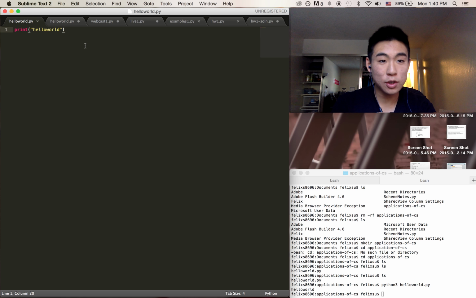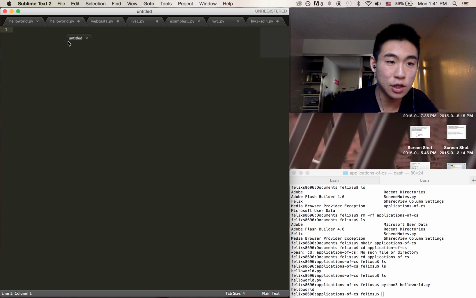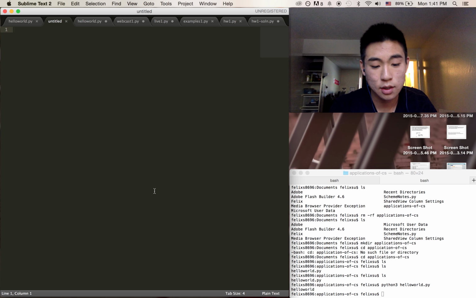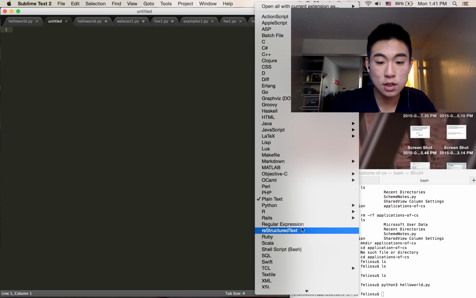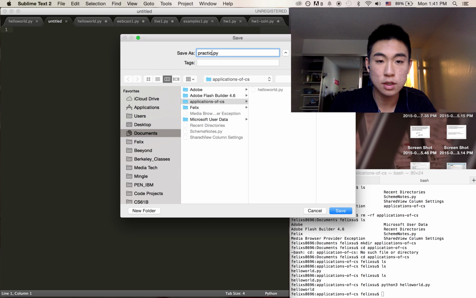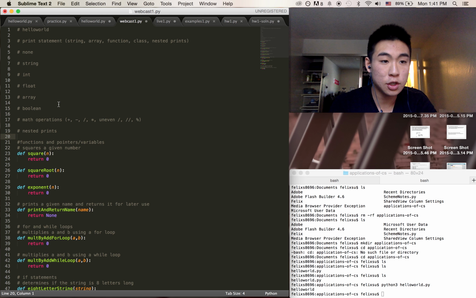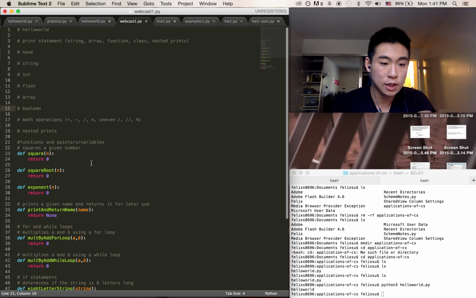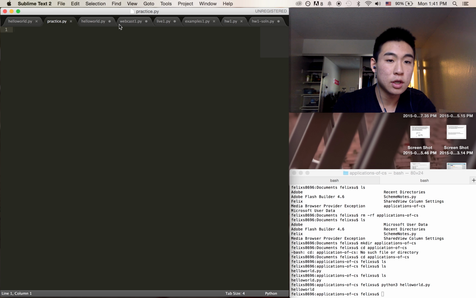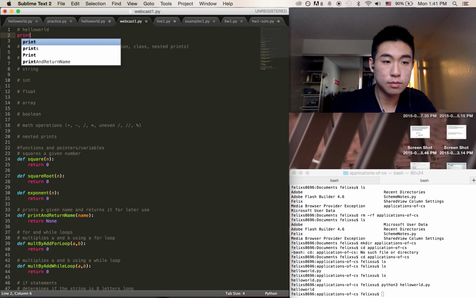Now I want you guys to open a new tab. You can do that by clicking the end, or I think it's Command T on your Mac, but for some reason I don't have that configured yet, but I will do that soon. And I want you guys to change plain text to Python again, and click Command Save, save it again, and save it as practice.py. Okay, so you guys are going to have practice.py, but for the purposes of me teaching you, I have this already set up for myself, so you guys will have all this stuff once you're done typing this. So first thing I want you to do is type print hello world again,